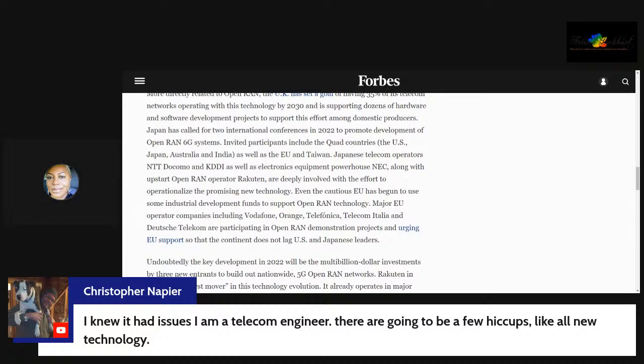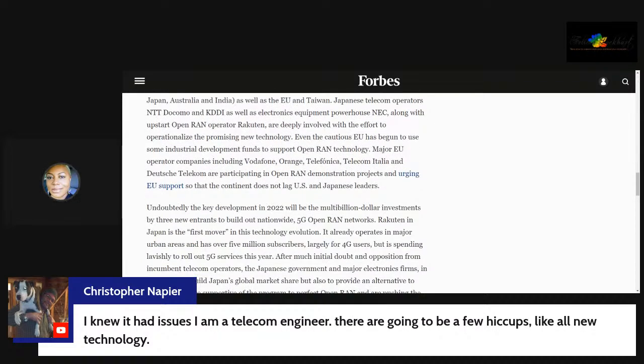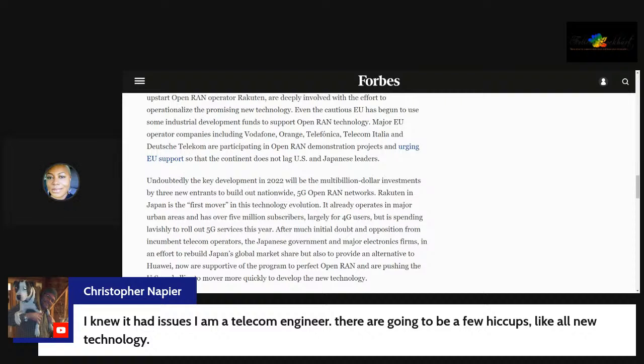Japanese telecom operators NTT Docomo and KDDI, as well as electronics equipment powerhouse NEC, along with upstart Open RAN operator Rakuten, are deeply involved with the effort to operationalize the promising new technology. Even the cautious EU has begun to use some industrial development funds to support the Open RAN technology. Major EU operator companies including Vodafone, Orange, Telefónica, Telecom Italia, Deutsche Telekom are participating in Open RAN demonstration projects and urging the EU support so that the continent does not lag United States and Japanese